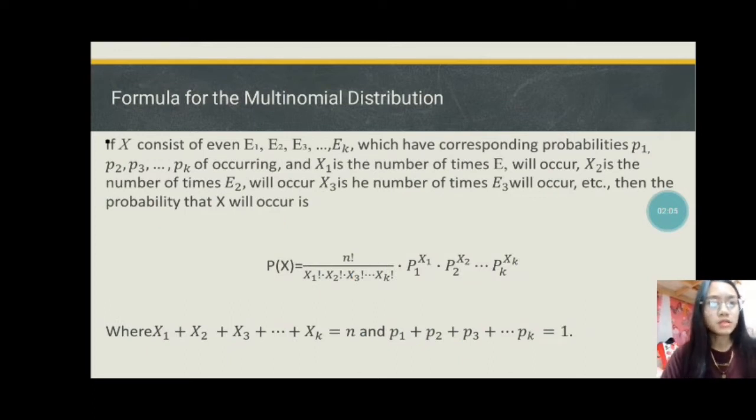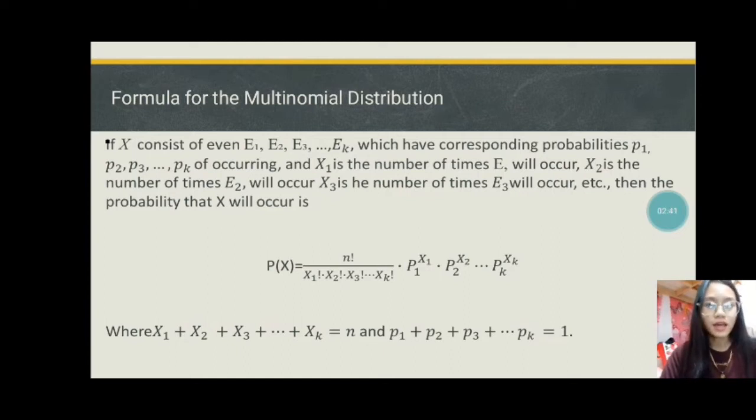Formula for the multinomial distribution: if X consists of events E sub 1, E sub 2, E sub 3, up to E sub k, which have corresponding probabilities p sub 1, p sub 2, p sub 3, up to p sub k of occurring, and X sub 1 is the number of times E sub 1 will occur, X sub 2 is the number of times E sub 2 will occur, X sub 3 is the number of times E sub 3 will occur,